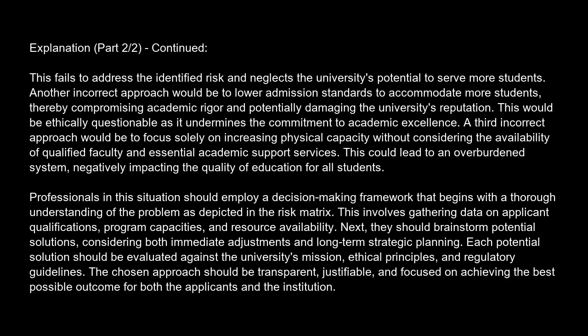This involves gathering data on applicant qualifications, program capacities, and resource availability. Next, they should brainstorm potential solutions, considering both immediate adjustments and long-term strategic planning. Each potential solution should be evaluated against the university's mission, ethical principles, and regulatory guidelines. The chosen approach should be transparent, justifiable, and focused on achieving the best possible outcome for both the applicants and